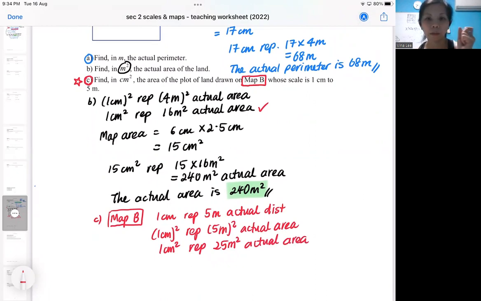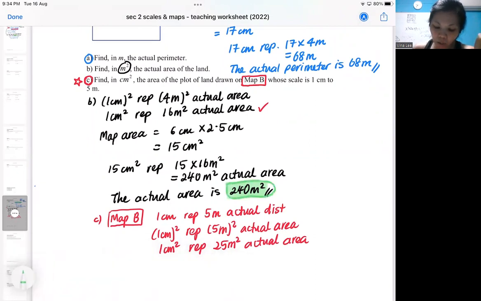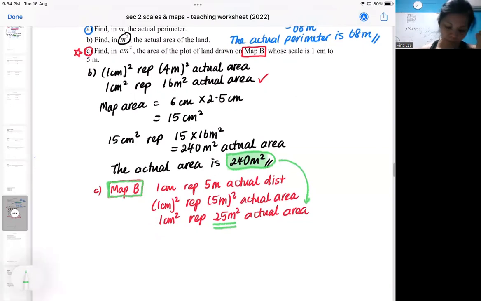So that means, how will the 240 look like on the actual area? How will the 240 meter square look like on this map? You should be asking how many 25 meter square are there in 240 meter square? So 240 meter square divided by 25 meter square,